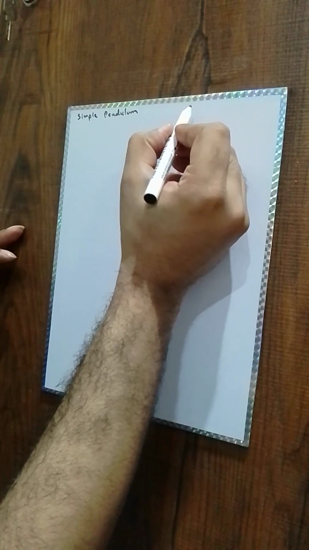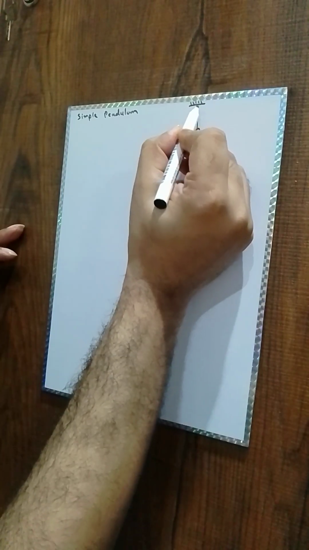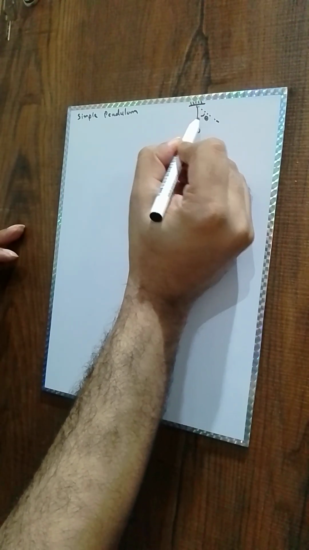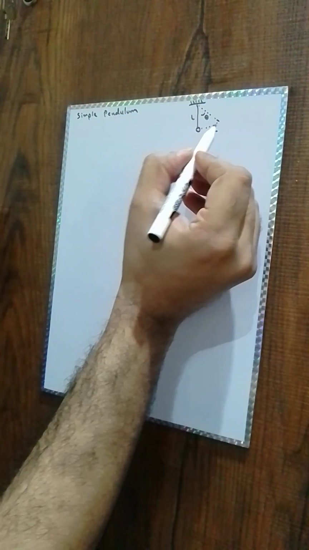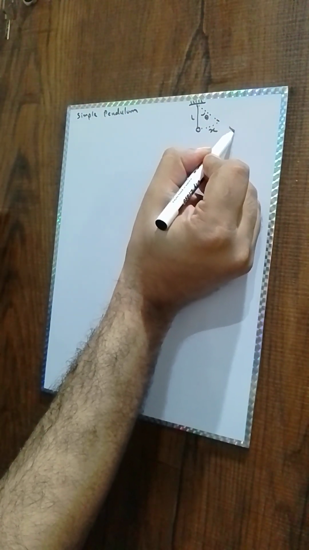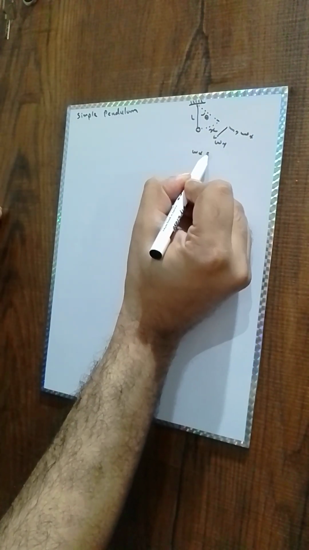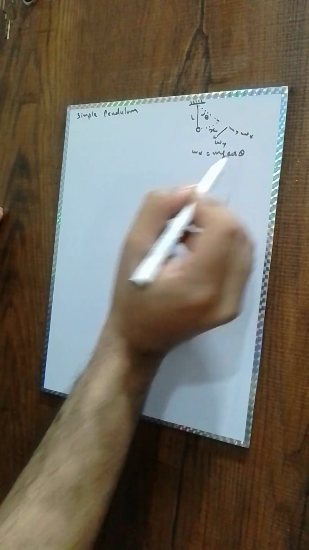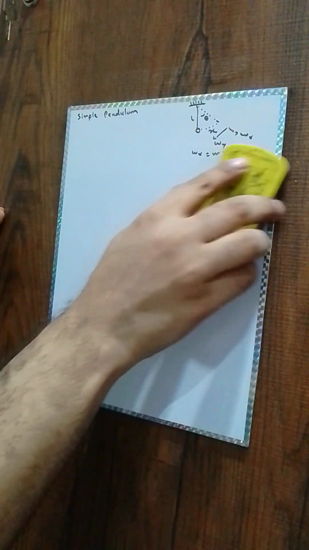For a simple pendulum, we make a figure. A figure shows a mass suspended by a string, and then it moves and makes an angle theta. L is the length of the cord, and x is the displacement here. So the components basically depend on weight. Here's the x component of weight, and here's the y component of weight. Wx is equal to mg cos theta. Okay, let's not write it here, we'll write it on the